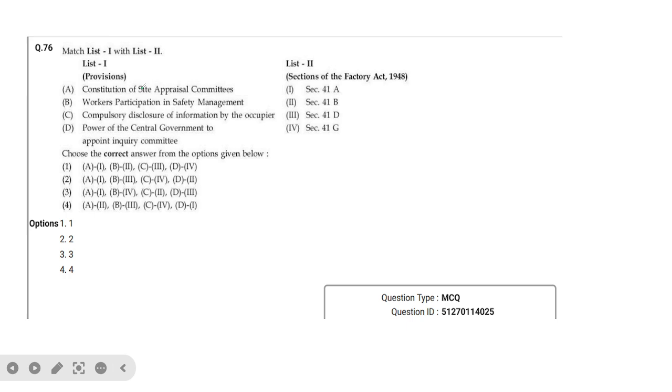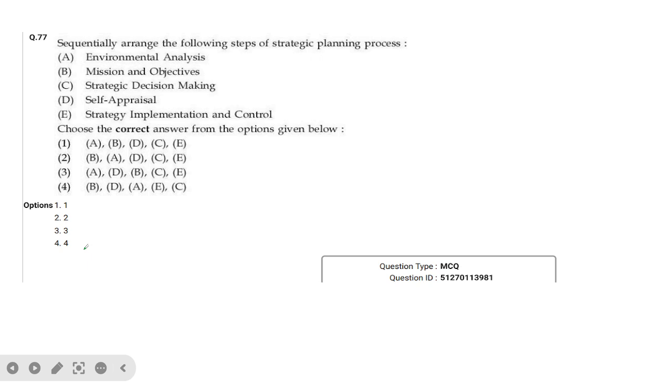So इसमें भी अगर आप लोगों को एक दो का पता है तो आप लोग मैच कर लेंगे. सबसे पहले आता है क्या? कॉन्स्टिट्यूशन ऑफ साइट अप्रेजल कमेटी, दैट इज सेक्शन 41 का ए. सो 1 होना चाहिए. इससे हमारा ऑप्शन 4 एलिमिनेट हो गया. अब वर्कर्स पार्टिसिपेशन इन सेफ्टी मैनेजमेंट की बात करी जाए तो वो आता है सेक्शन 41 जी, दैट इज बी का फोर्थ, इससे हमारा ऑप्शन नंबर 3 विल बी द राइट ऑप्शन। ठीक है, अगर आप लोगों को वर्कर्स पार्टिसिपेशन इन सेफ्टी मैनेजमेंट का सेक्शन पता है, सेक्शन 41G, तो आप लोग मैच कर लेंगे, उससे सारे ऑप्शन एलिमिनेट होकर ऑप्शन 3 विल बी द राइट ऑप्शन आ जाएगा।